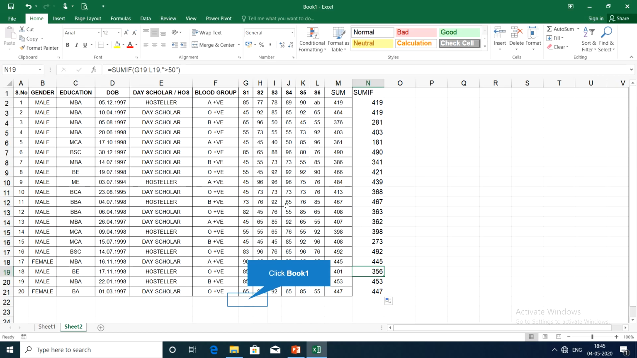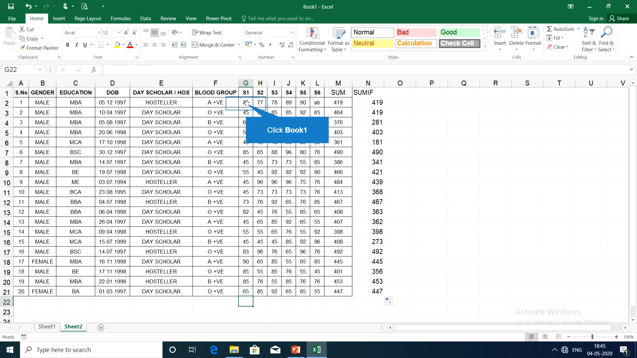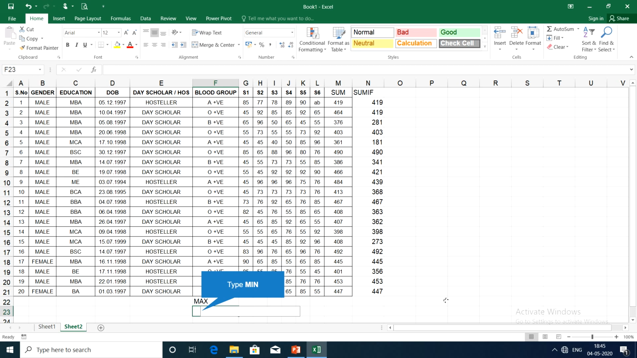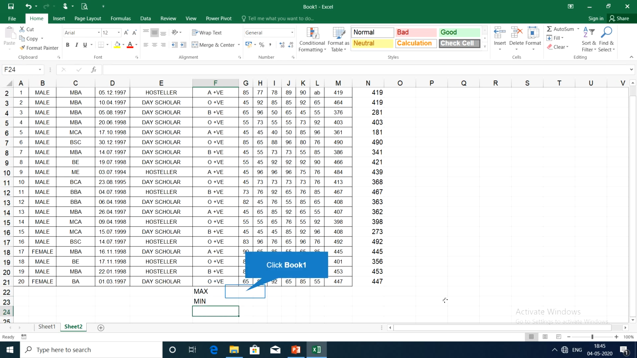Let us go back to the practice sheet. Here we have the first subject marks. So this is subject 1 marks of this particular class. In this class, I want to know who has scored the maximum mark and who has scored the lowest mark. For that, to identify the highest mark scored by the class,